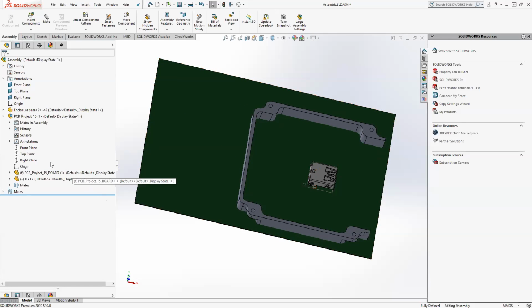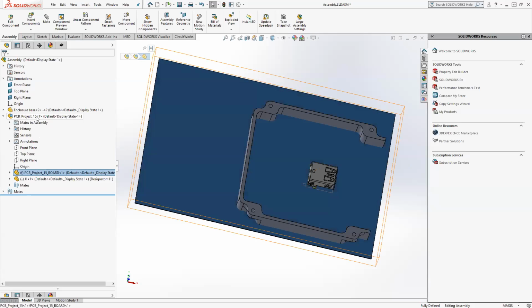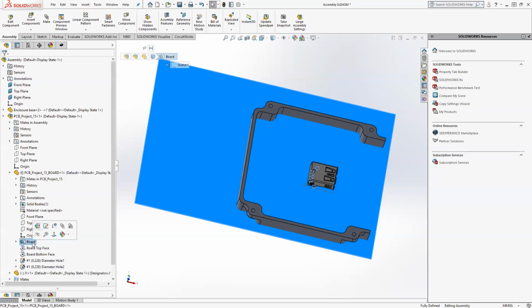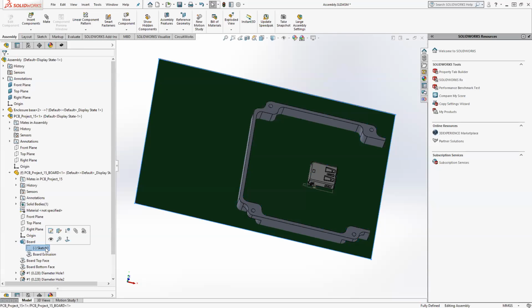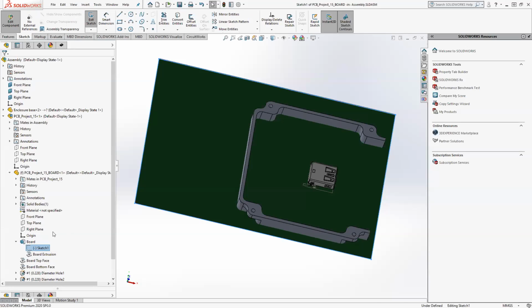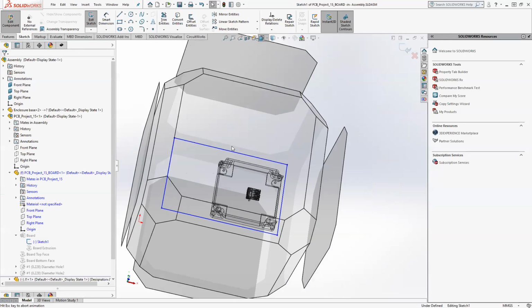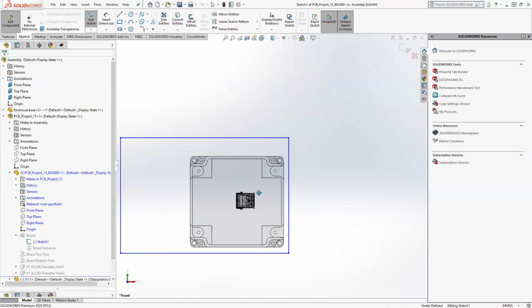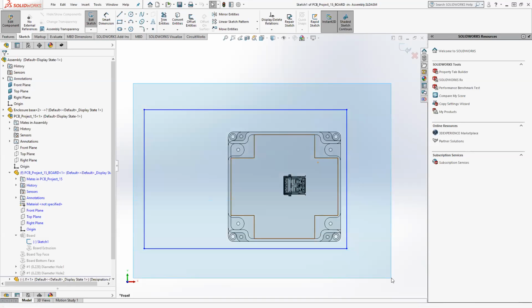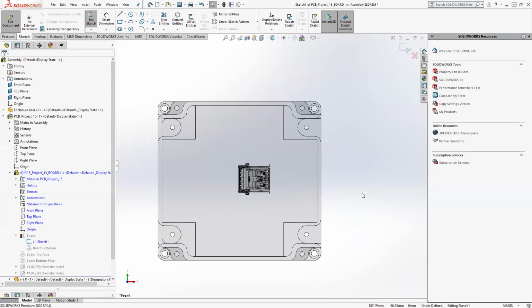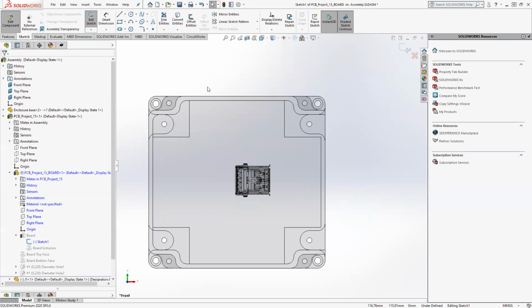So I'm going to go into this in the model tree here. You can see the PCB assembly. This is the PCB part within that assembly, and here is the board, the extruded feature that creates the actual board. And the sketch, I'm going to go into edit the sketch that defines that extruded feature now. So I'll click that, and let me just get a nice top-down view. There we go. I'm going to delete this board sketch, and I'm going to use a tool in SolidWorks called